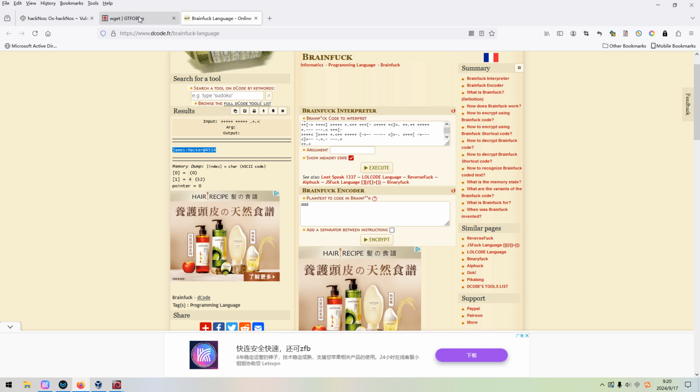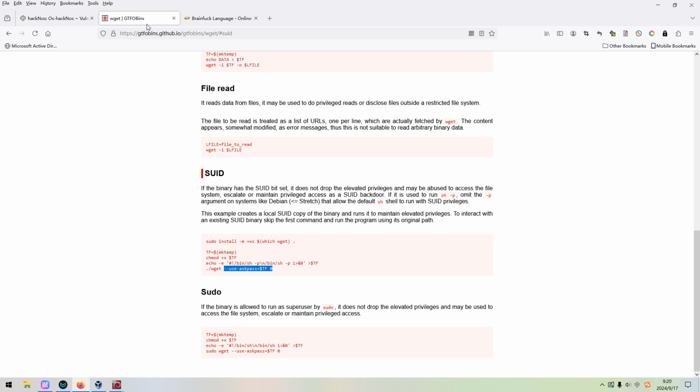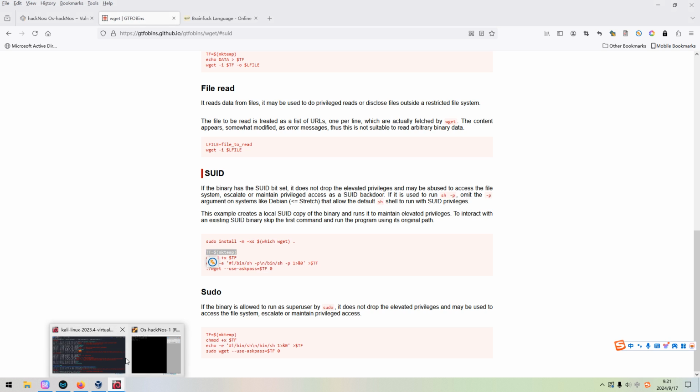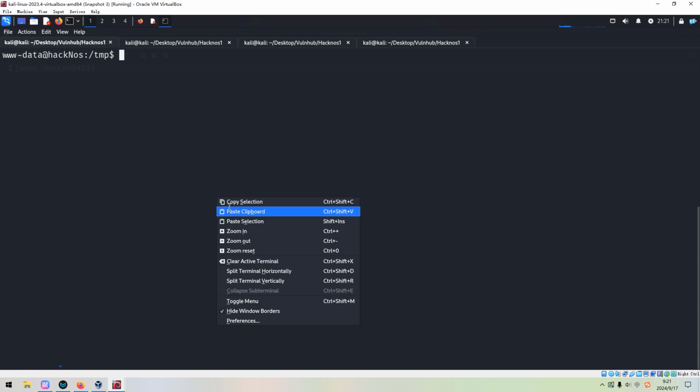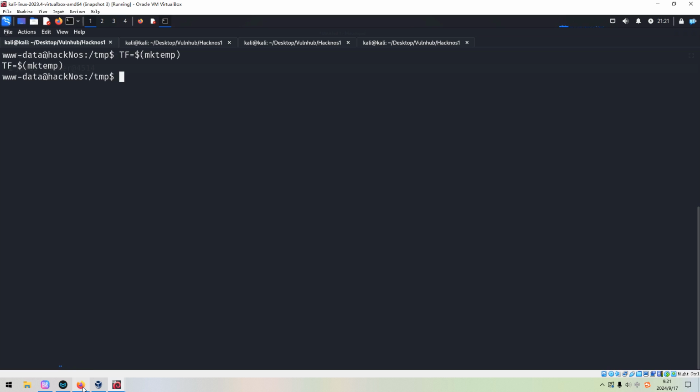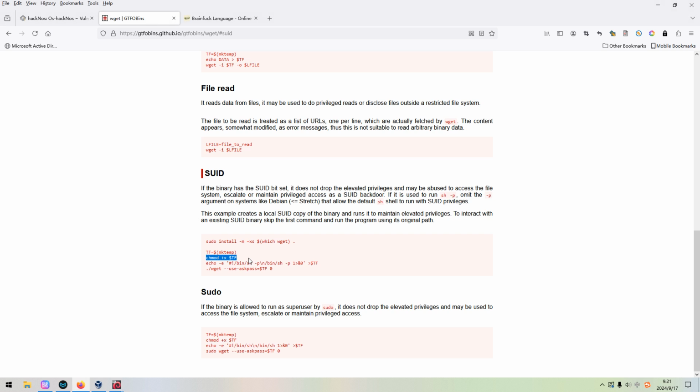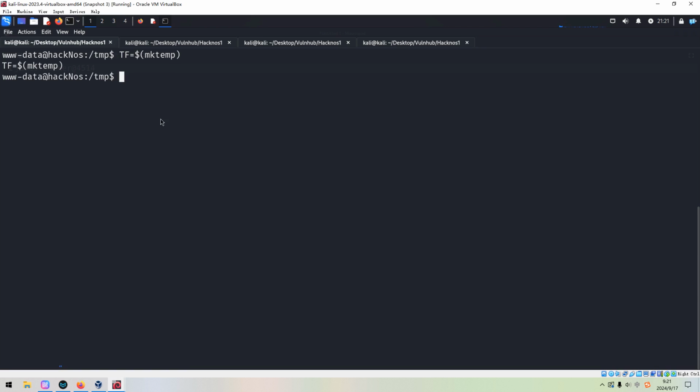You can go to the website of GTFOBins, and we can follow the instruction or steps. What you can see over here, we can copy, paste over here, no error. And we can change mode. Very weird.